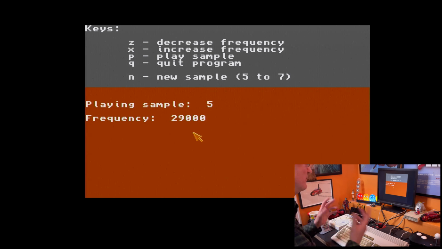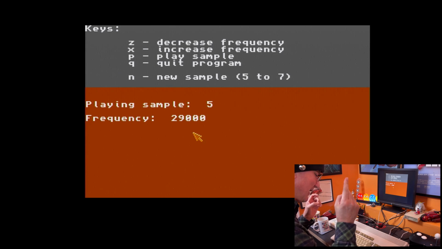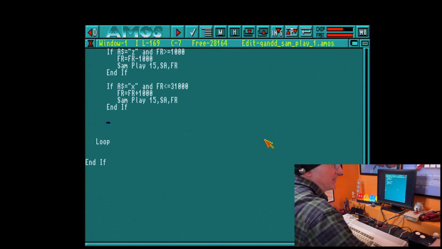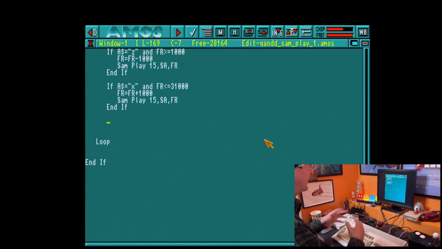Right, I'm now going to write the next bit of code which will enable us to select another sample and do exactly the same thing. But this is just a demonstration of how you can adjust the frequency to get the different sounds from your samples. Right, let's get the next bit of code written. The last bit of code we need to write is handling if the user wants to select another sample. So what we're going to do is if A$ equals N, so they've pressed N